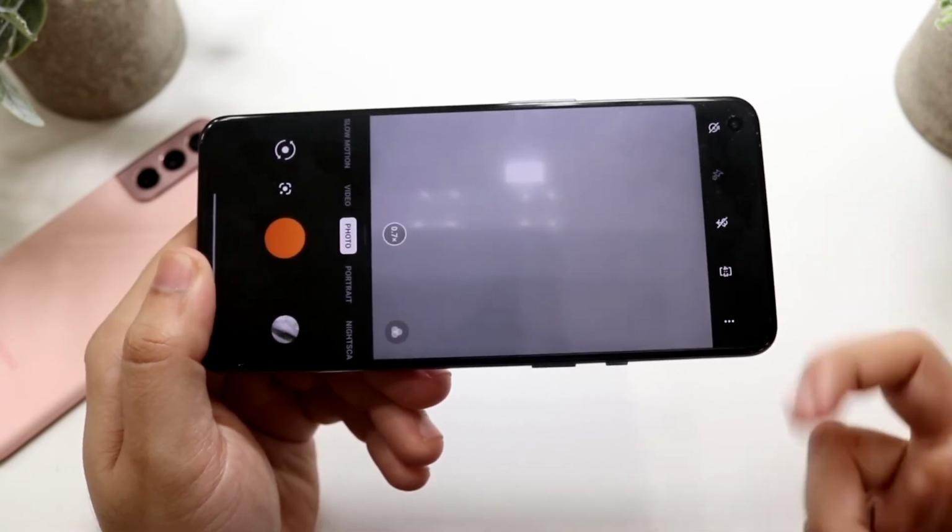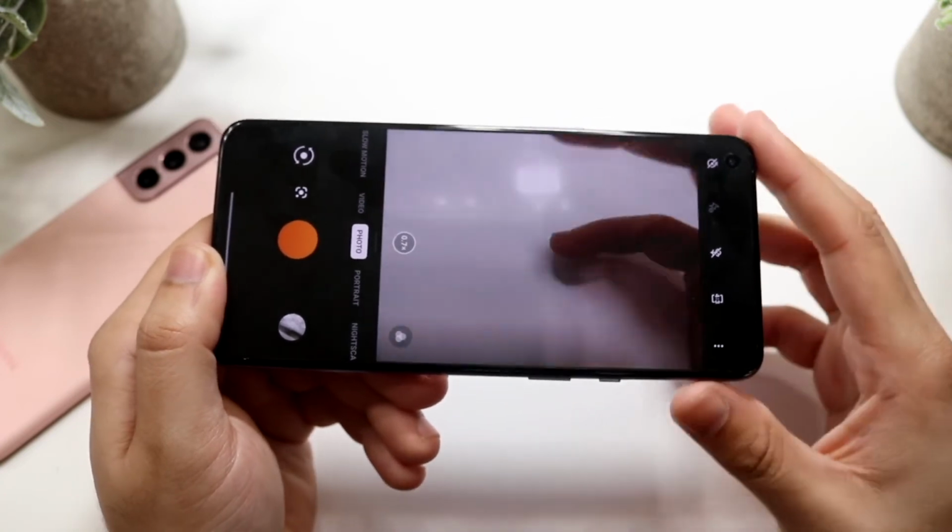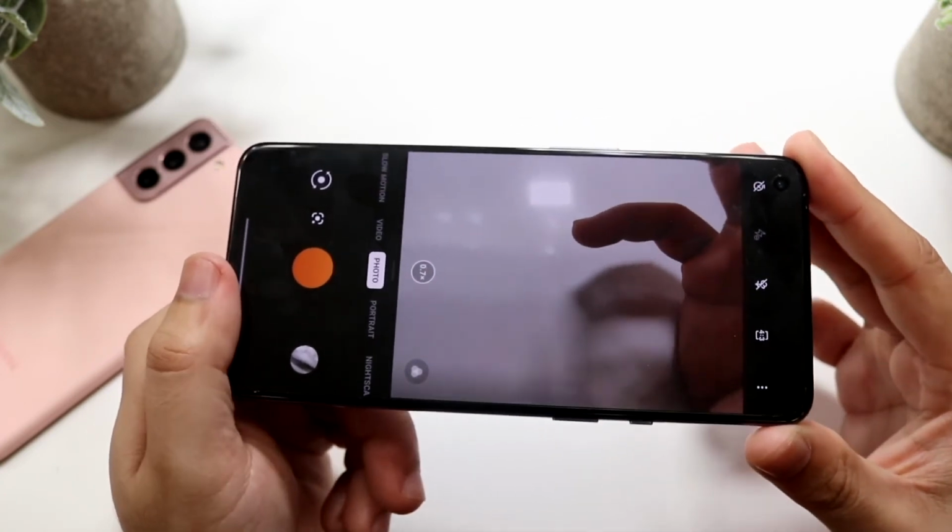I feel like this is like a starter or like a tester software. It doesn't even feel like the real software, to be honest. So hopefully OnePlus can fix this, but I think the camera's good. The S21 is definitely better though. So